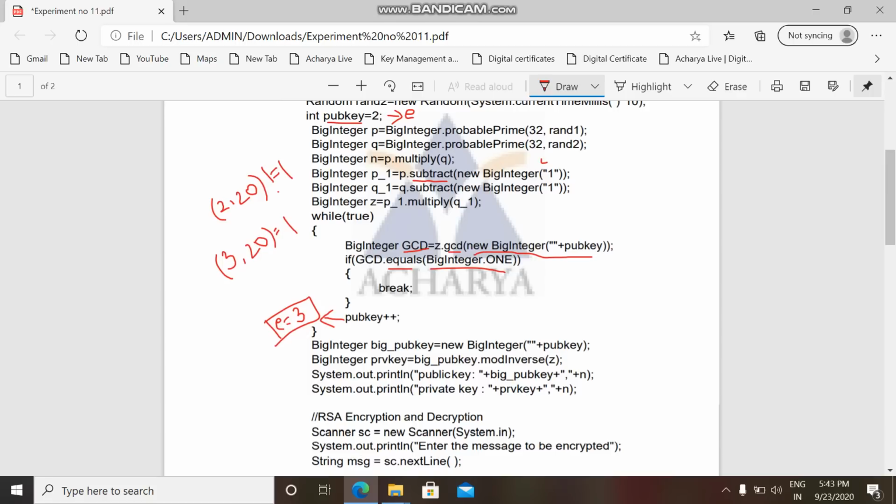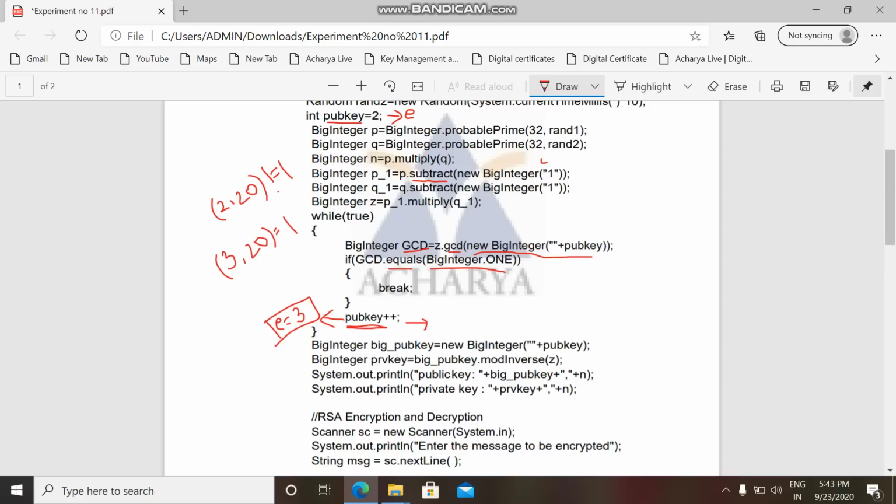Now we are just storing this public key in one more variable. We are creating an object for this class and storing it as a big integer. Why this has to be done is that, even though you have converted it into a big integer, here the public key is of type int. We convert it again because we will make use of e while computing d.